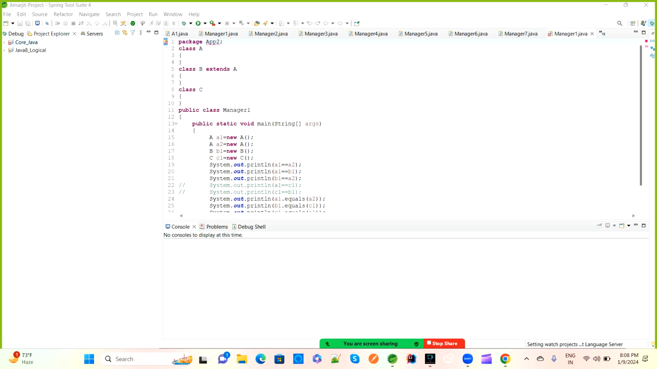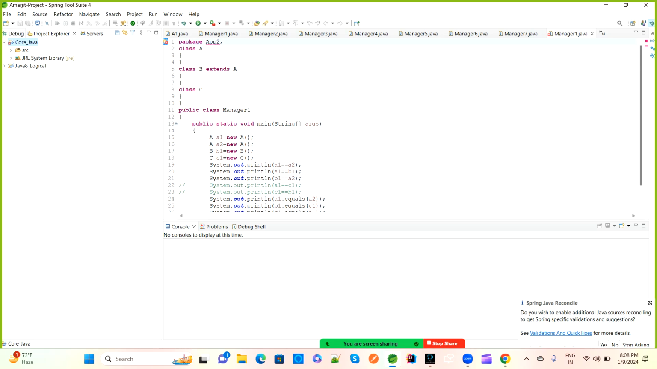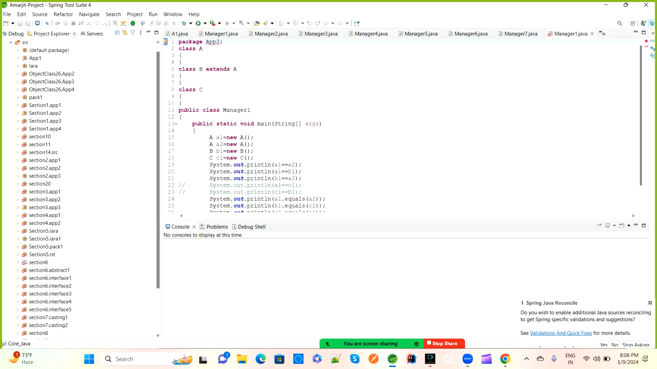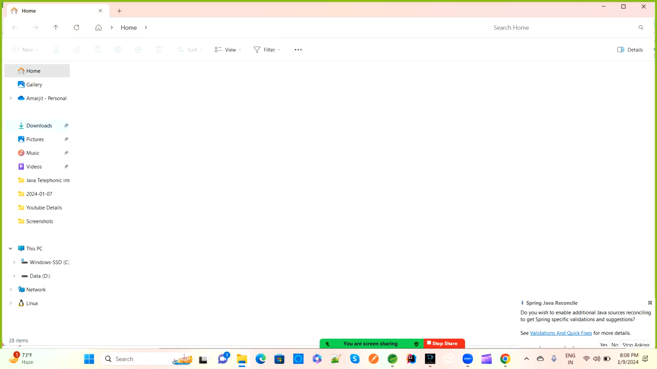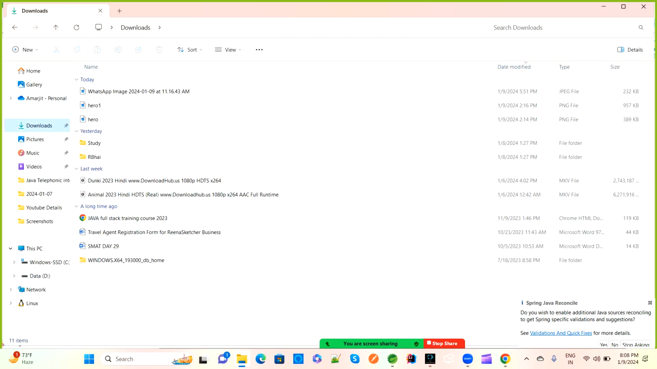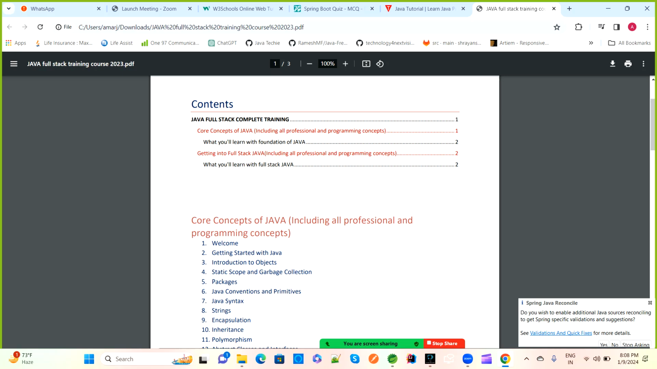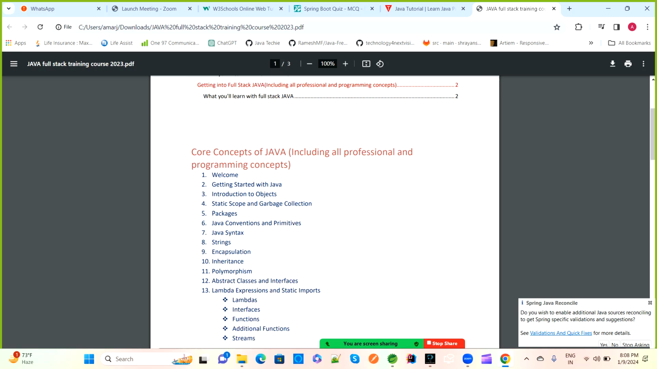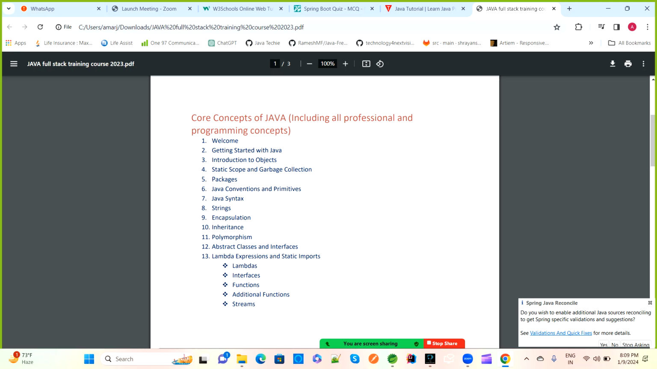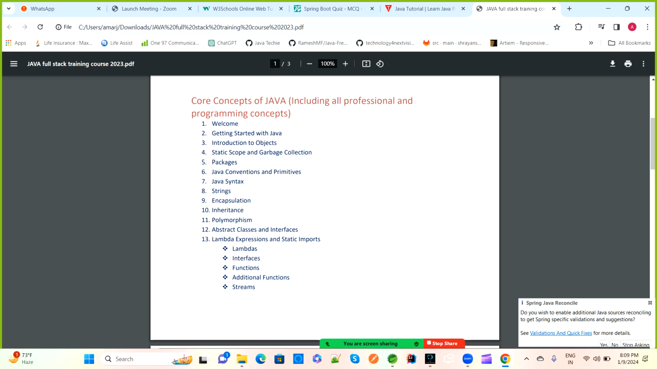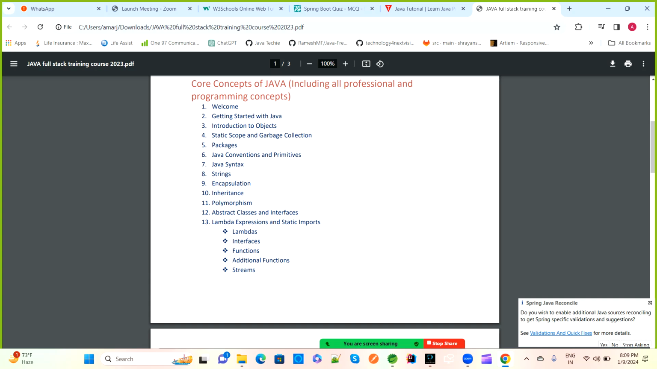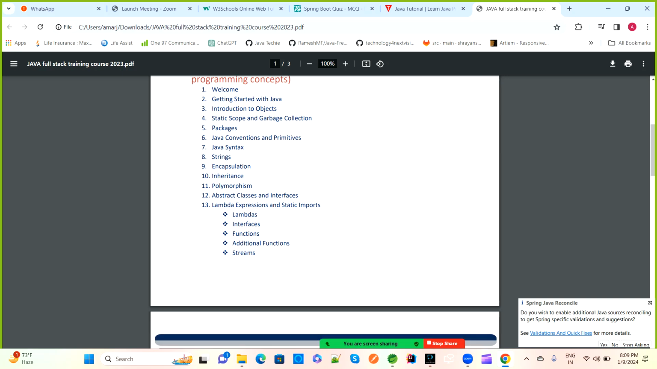So yesterday we discussed object class. This is the full stack training. In that, mostly I covered the core Java concepts. So here these are the core concepts of Java. Inside this we started with Java introduction, object class, garbage collector, collection, and then static scope, package,